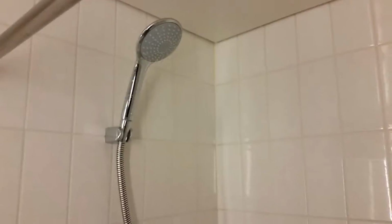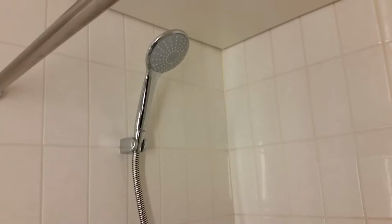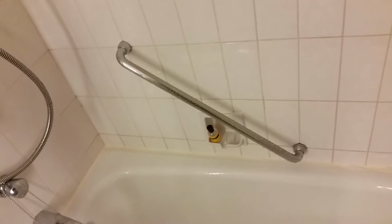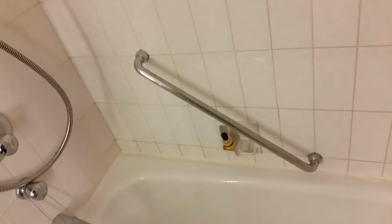Another aspect of the shower that's great is that it's handheld. You can kind of maneuver it and put it wherever you want. You can put it up here. You can put it down here. You can carry it around in your hand and move it to wherever you need it to go. There's a lot of bars you can grab onto to steady yourself. So if you're cleaning the underside of your foot, for example, you can grab onto one of the bars